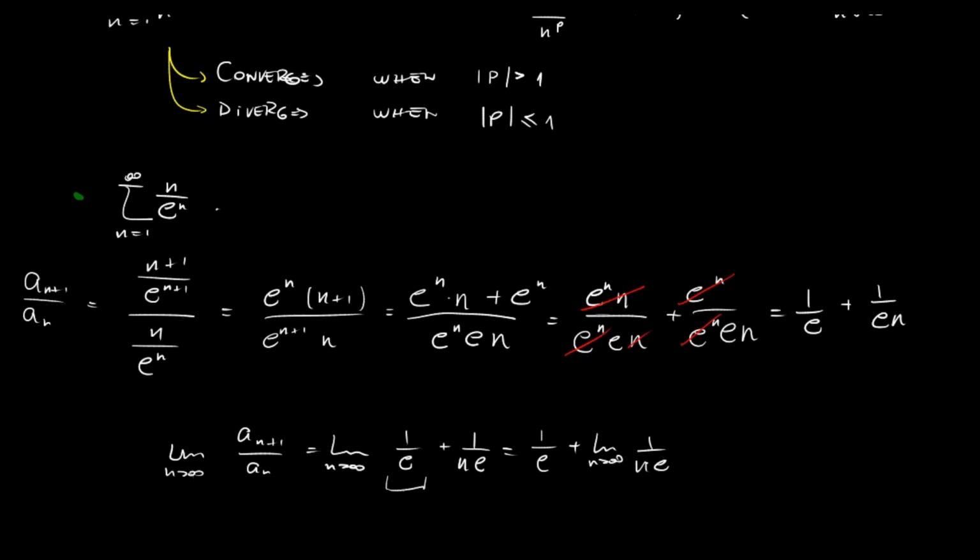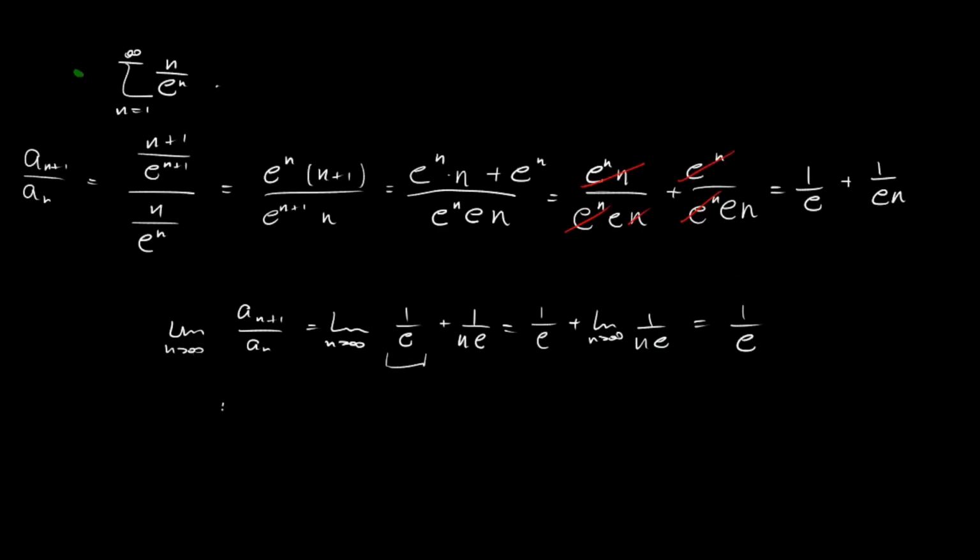And this is clearly 0, so the result is 1 over e. Now, 1 over e is approximately 0.368, and this is smaller than 1. So then we know that this series